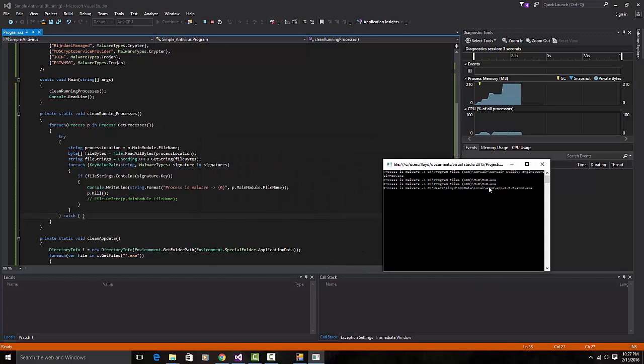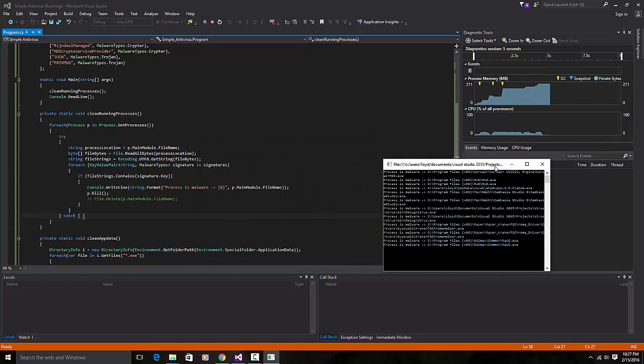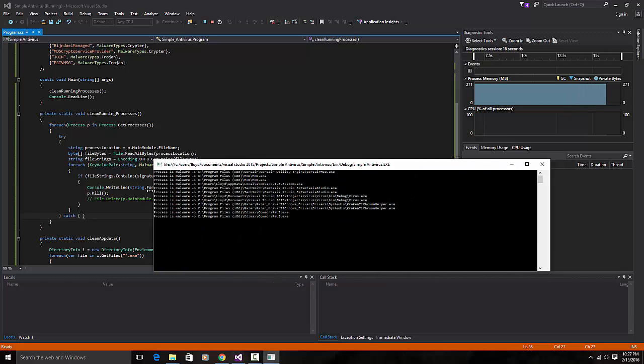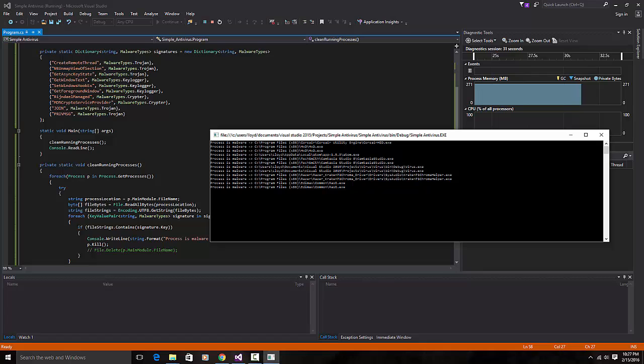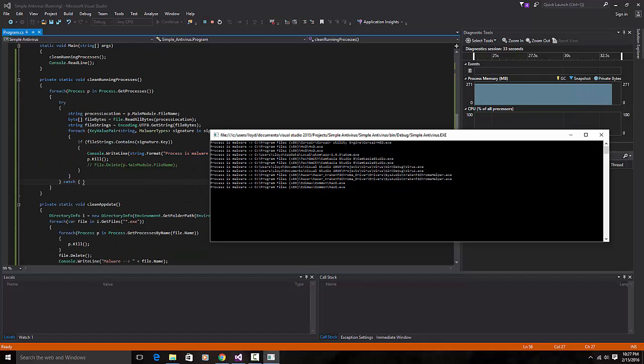So here. So yeah. This is some of the stuff which is killed. Also, you'll get some false positives, as for instance here it's killed Atom, and it's also killed, yeah, that's pretty bad. But yeah, it's killed our virus anyway, and it's cleaned app data, it's cleaned running processes,